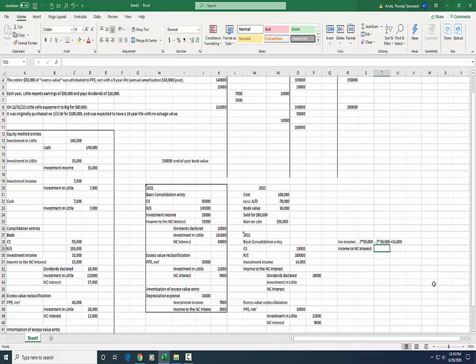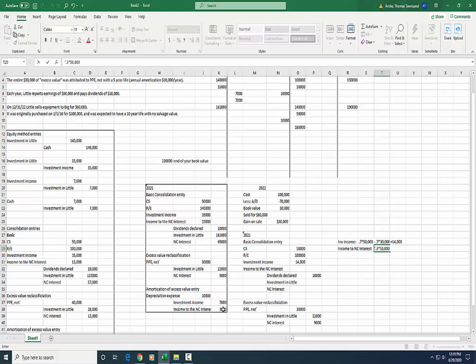The income to the non-controlling interest, again, we have to ask, first they're going to get their share of the reported earnings, so 30% of 50,000. And then we look at these intercompany transactions, and we only have one question for ourselves, and that is, was this upstream or downstream? This intercompany transaction was an upstream transaction. That means that